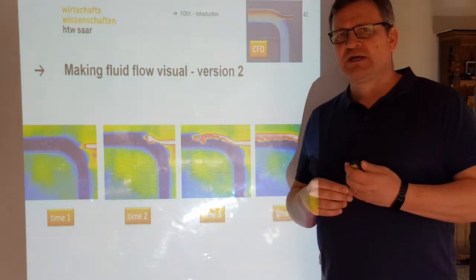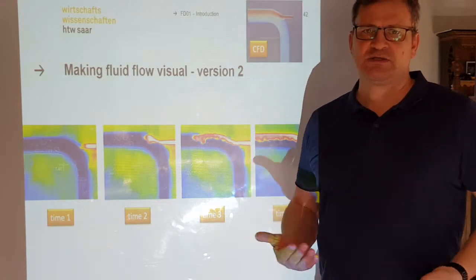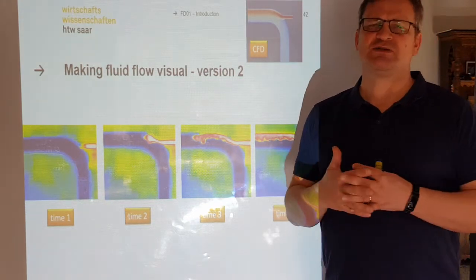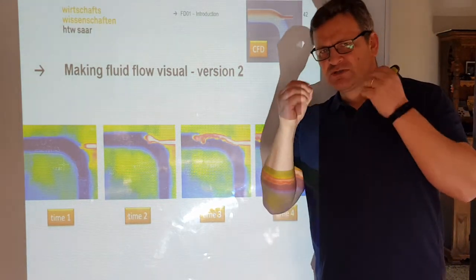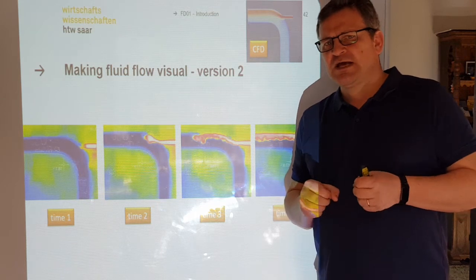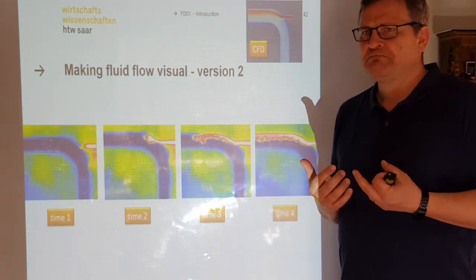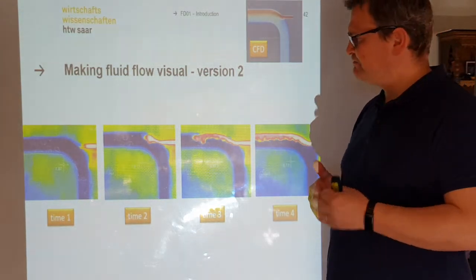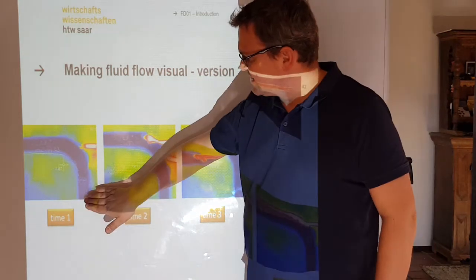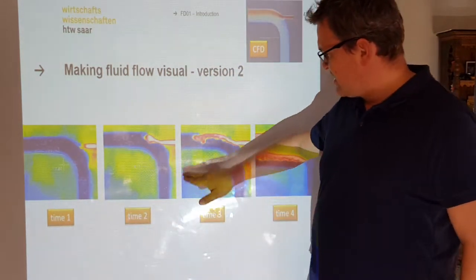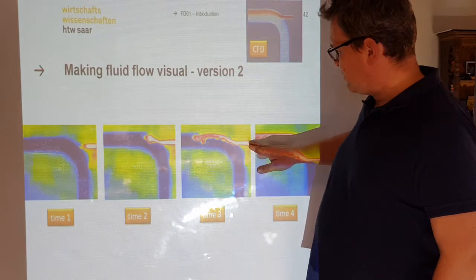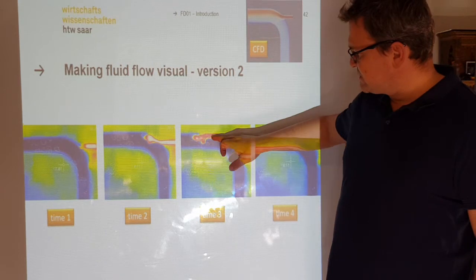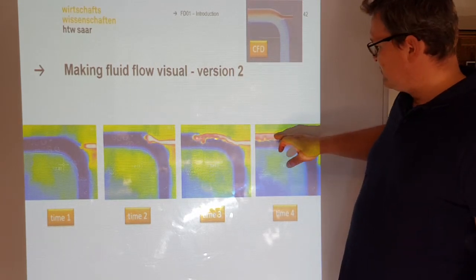And then I had the problem: should I use ink? Should I use color to visualize the flow? It's a bit difficult to do this, and it's also not so good to see. So I decided to find another way, and I used an infrared camera to visualize the heat. And then I injected cold water here. I injected hot water into this region, and now it was really good to see the fluid flow of the hot water into the cold water,